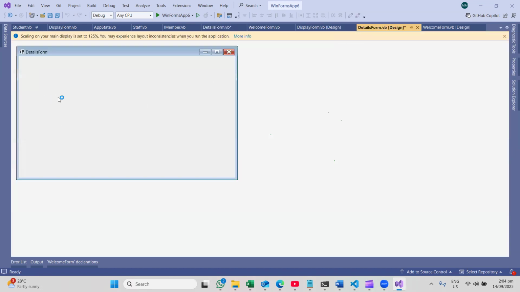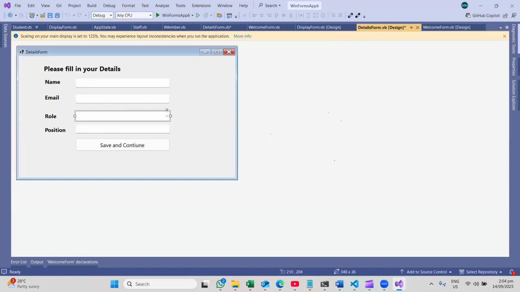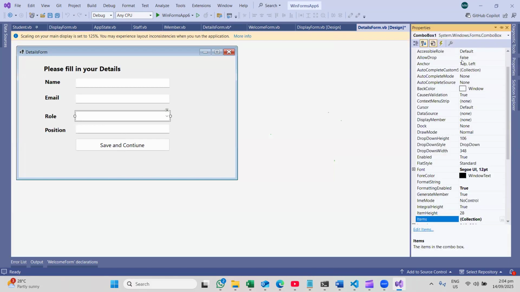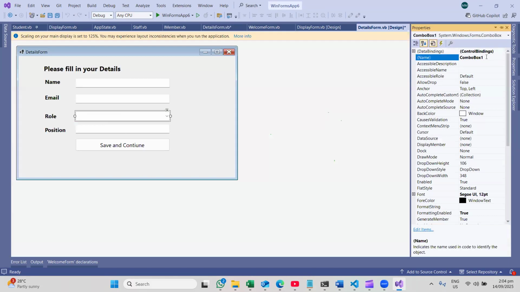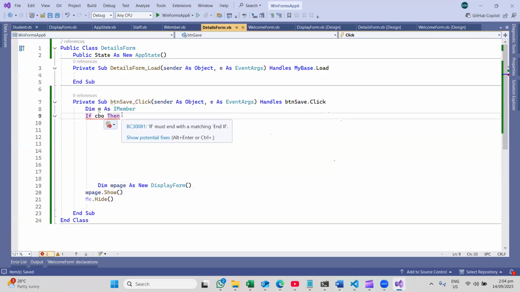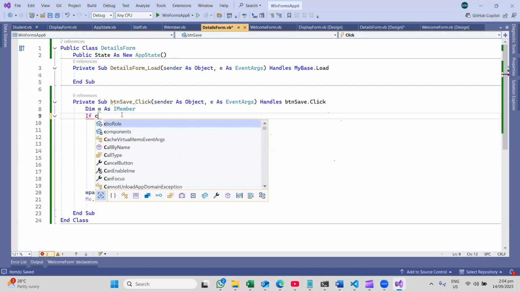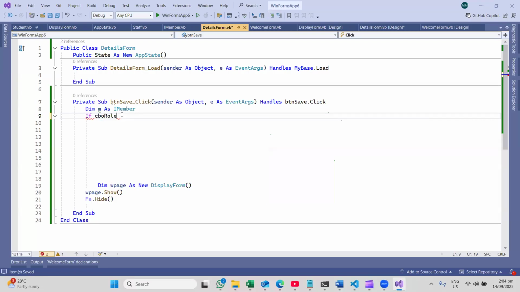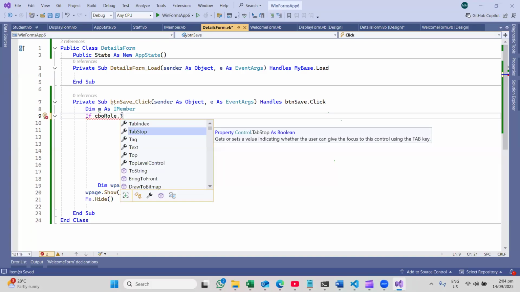So details for combo. What property did I give it? Oh, okay. So let me give it combo rule. Good. So that over here I can say if the combo rule dot text